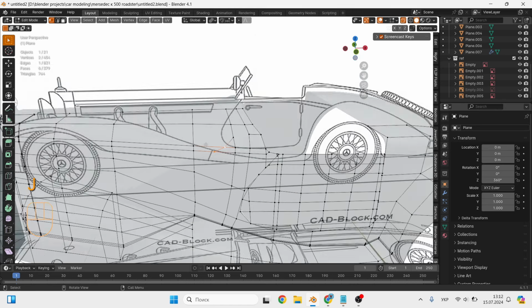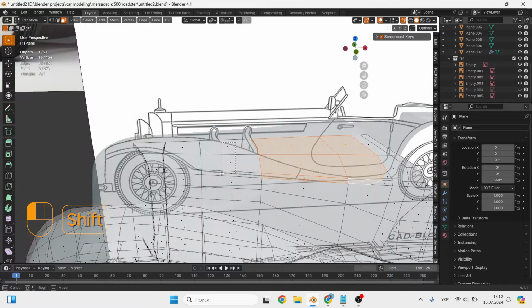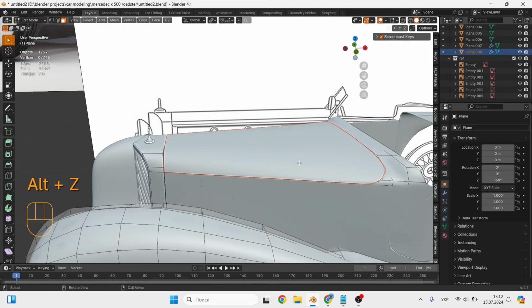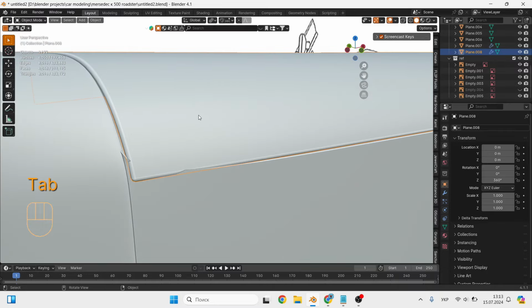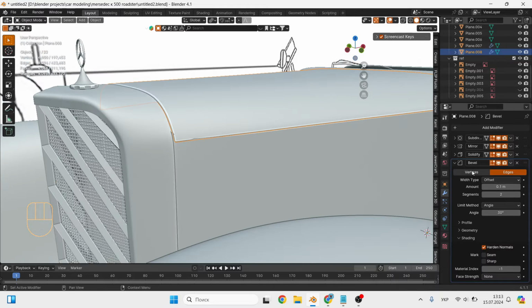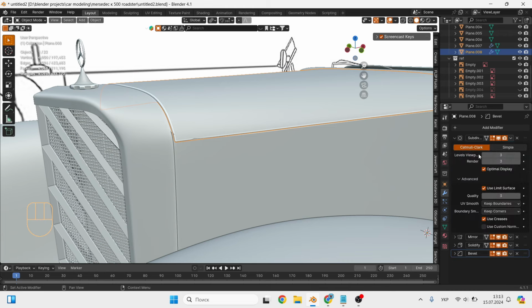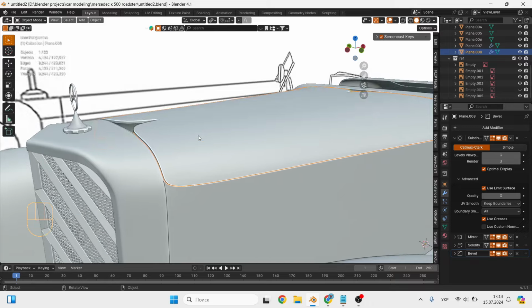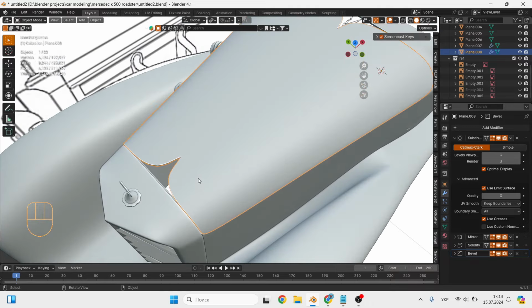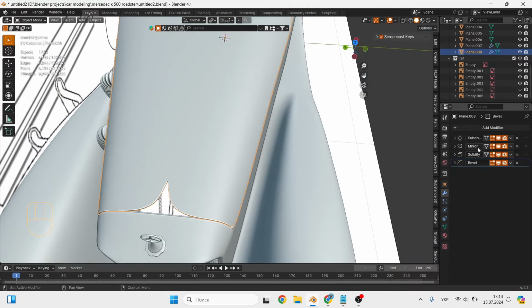Well, now we select the faces that will be the hood. Separate them. And now, the thing is that there are body modifiers left on the hood. Which means that in subdivision you need to turn off the keep corner setting. And the mirror needs to be placed first. And the miracle, the hood is ready, good.